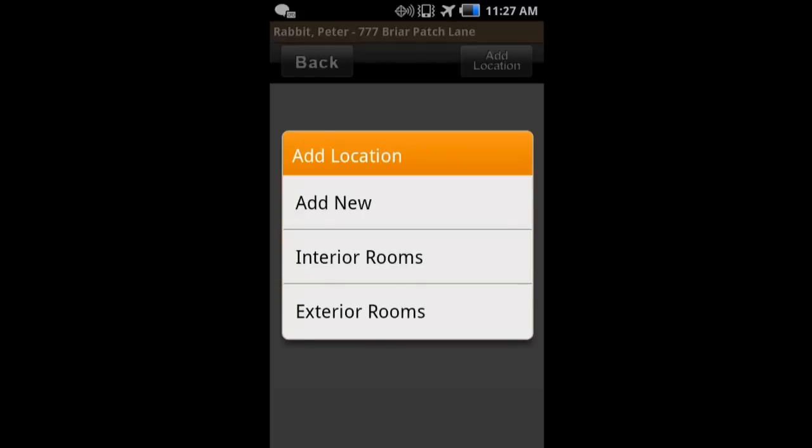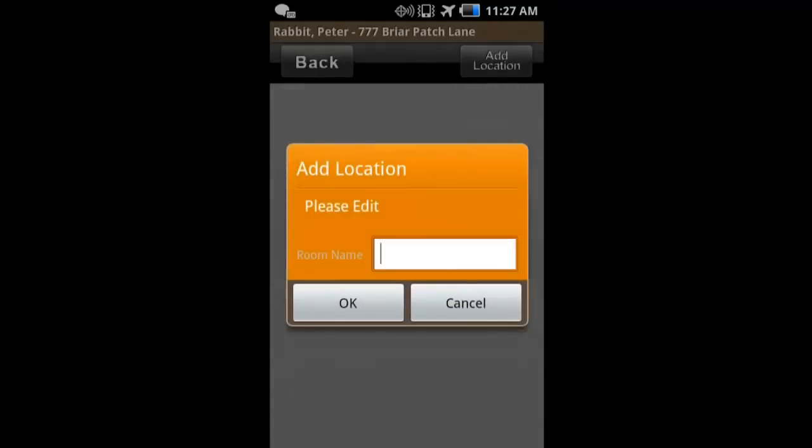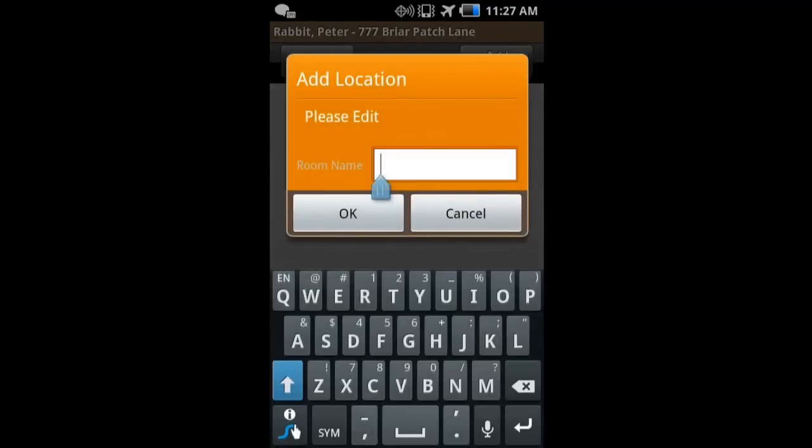We can add new, where we can go through a preordained list of interior rooms or a preordained list of exterior rooms. On the preordained list, you can add new rooms to those lists as well, and I'm going to show you how to do that in just a minute. Let's go ahead and go to Add New, and let's put in side of